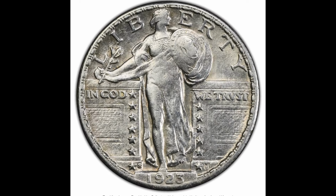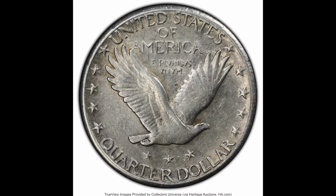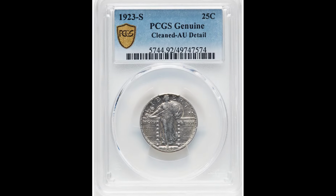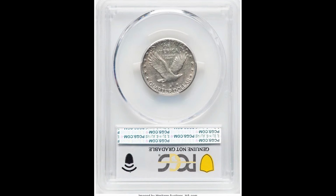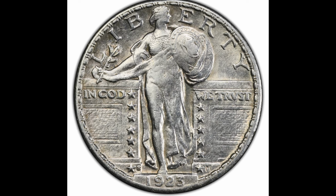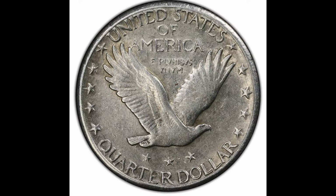Now I'll be quick on this one, but this is a standing Liberty quarter. So before the Washington quarter, the US was producing these beautiful coins, and you can see Liberty there standing. This coin has also been cleaned. This is a great point when it comes to your coins. The majority of the time, you should not be touching or cleaning your coins because it could definitely drop the value of the coin. But you can see this beautiful coin, even though it was cleaned and the value went down because of that, this coin sold for